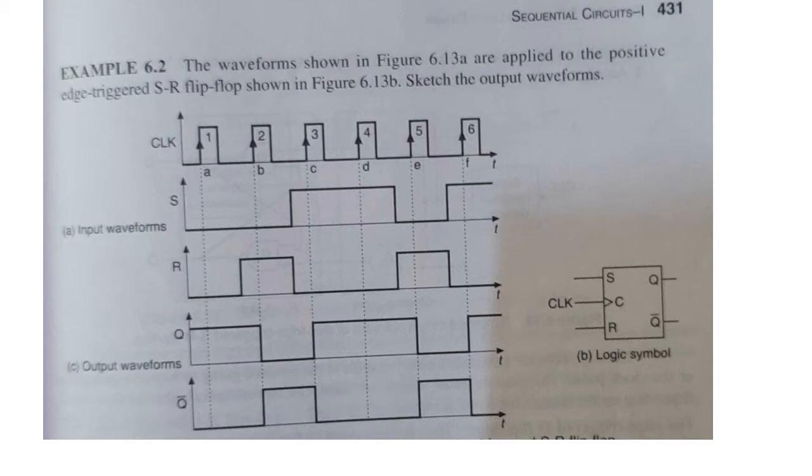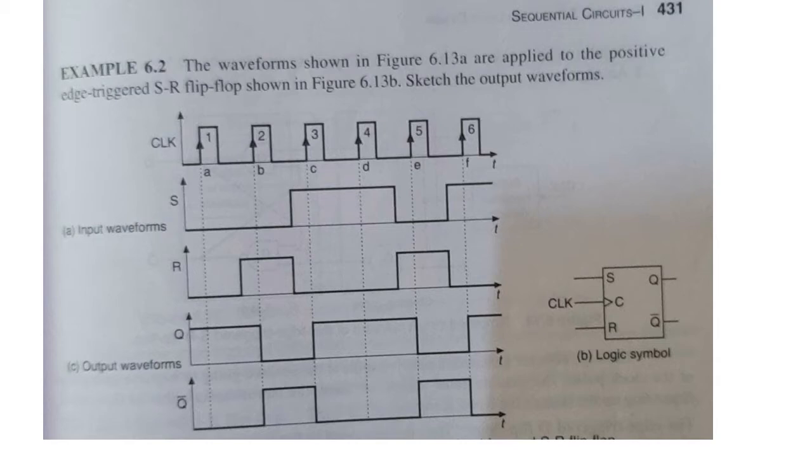And this clock signal has 1, 2, 3, 4, 5 and 6 peaks. Then input waveforms for S and R are assumed as shown here. So this is the assumption we make: if this is the waveform of S and R, then what will be the output waveform obtained for Q? Here we know that it is positive edge triggered, and as a result we have drawn a small dotted line for each of the positive edges of the given clock. One thing you have to note: the triggering will happen only on these edges.